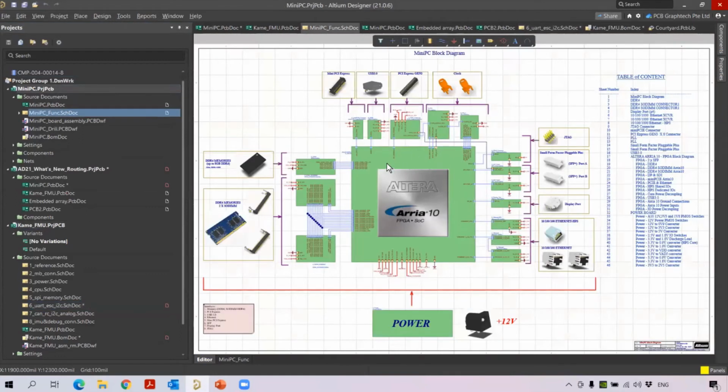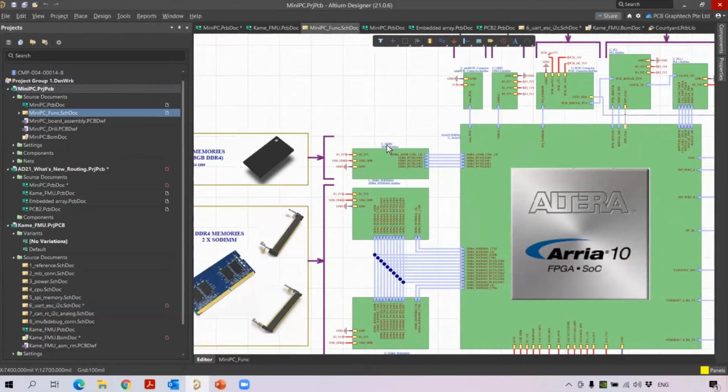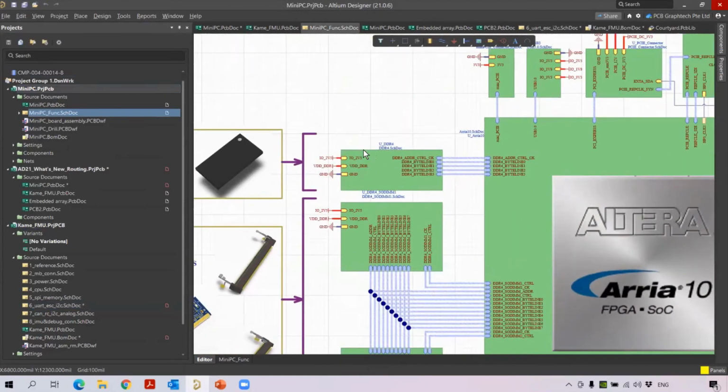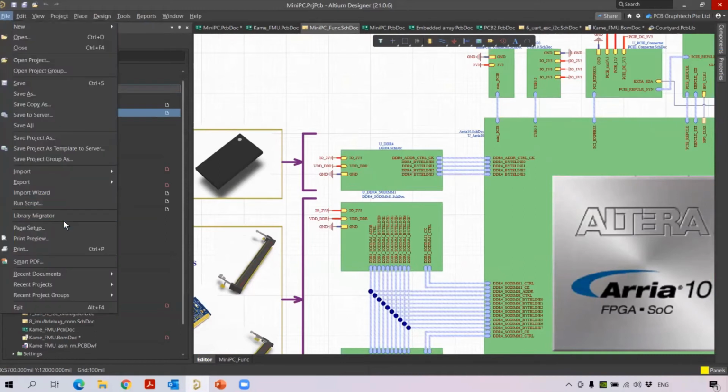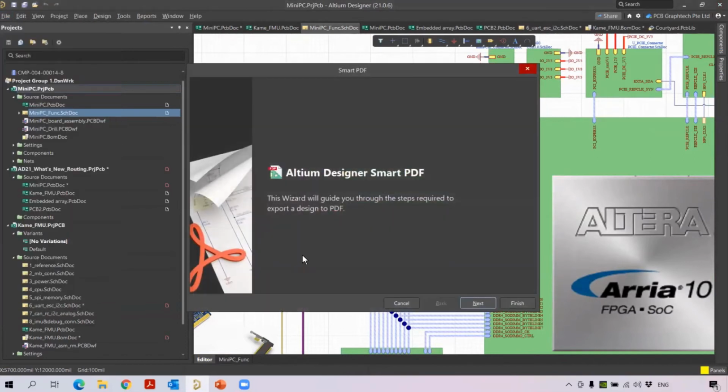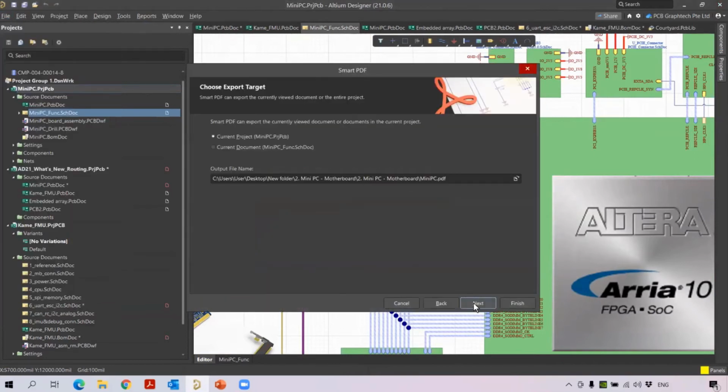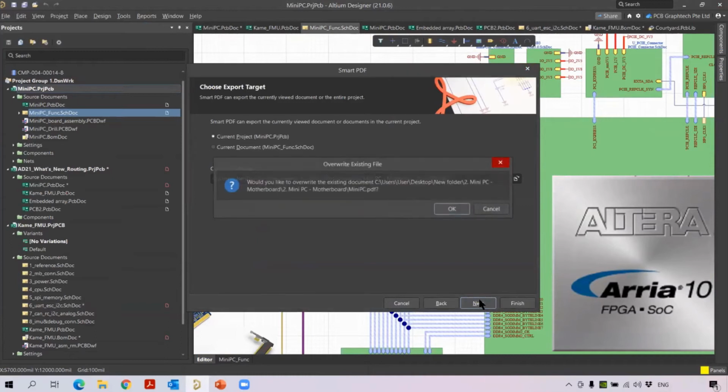In this, you already know that when we usually Control-click on a sheet symbol, it will take you to the child sheet. But for my case now, I'm going to see this in the Smart PDF. That is the improvement done. So to do that, I will just go to File, Generate Smart PDF. When I generate Smart PDF, the first step asks if you want to generate for the project? Yes. So I just go next.